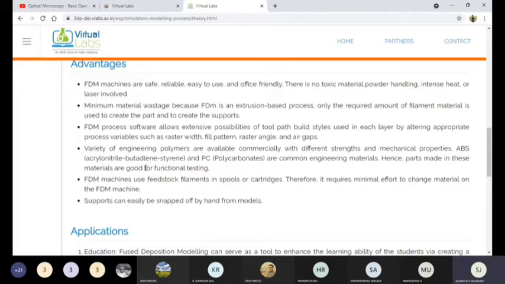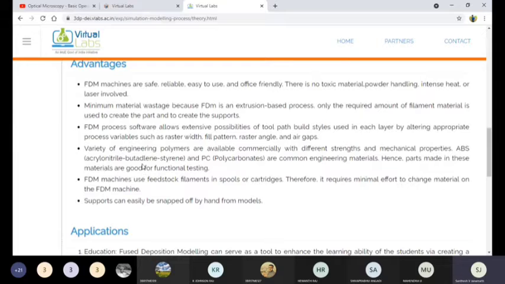Only the required amount of filament material is used to create the part and the support. The FDM software allows extensive possibilities of toolpath build styles for each layer by altering process variables such as raster width, fill pattern, raster angle and air gaps.